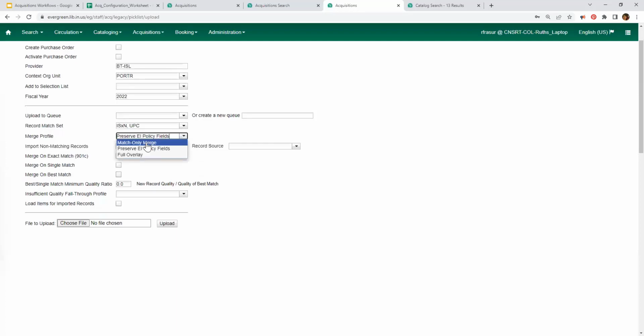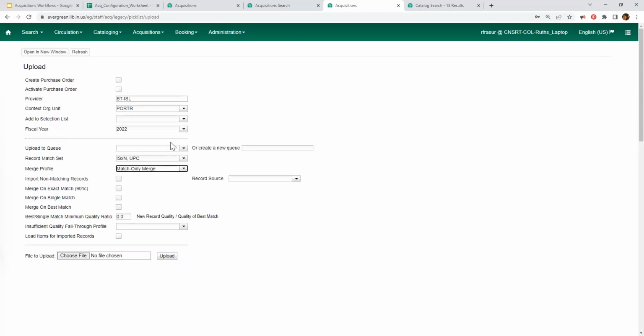I know that in some cases, they also use the match only merge. Either one is fine, because odds are likely that this is going to be going to a cataloger at some point anyway. And then you can select some of these as well, merge on exact match or merge on best match. I don't do that one. Yeah, import non-matching records. But the key to all of this is actually up here,